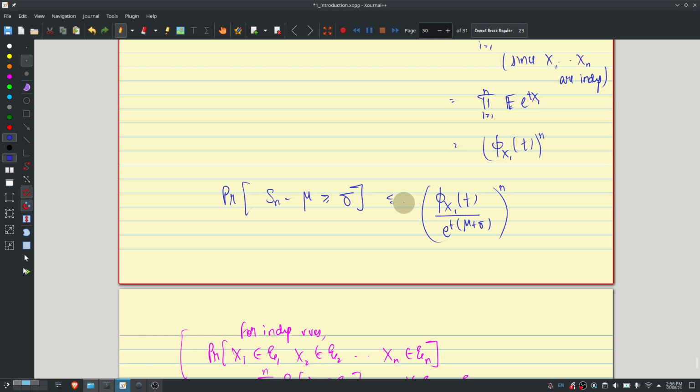So in fact, what this says is that for at least most random variables of interest, if you have a sum of IID random variables, then the probability that the average deviates from the mean by an amount delta decays not just polynomially in n, but exponentially in n. We'll take a few examples. We'll go back to the example of the Bernoulli random variables and see what this is equal to.